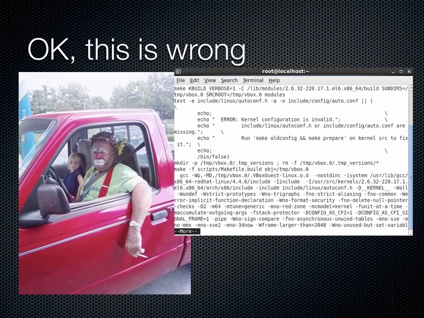So here's a good example of what happens when something's gone wrong. You can see that in the code on the right, there's an error: kernel configuration is invalid. In this case, it's telling you to run make oldconfig and make repair on the kernel to fix it. If I didn't know what that was, I would go out there, and in this case, I actually didn't know what it was when this happened to me. I went out, I Googled it, and found out what I needed to do. And I found some other people that ran into the same problem and managed to fix it and get it going.